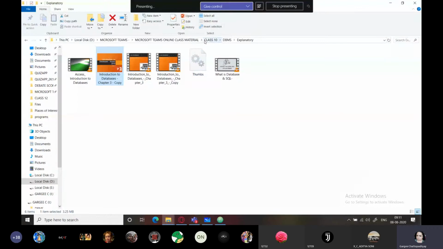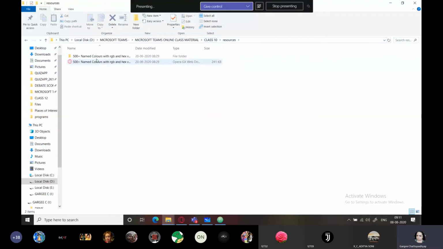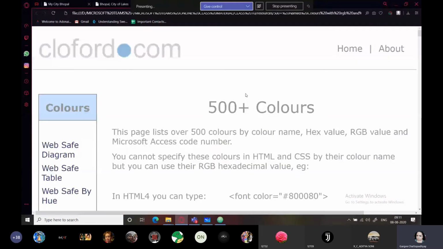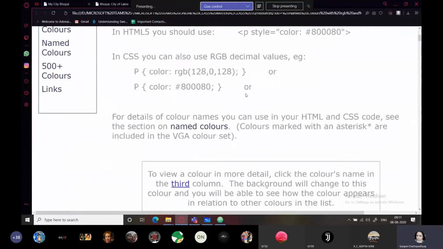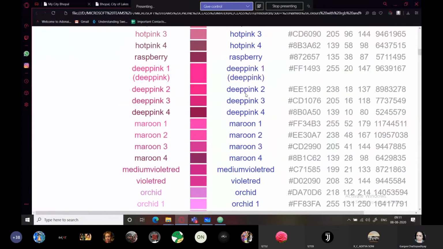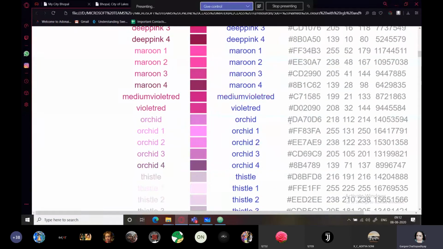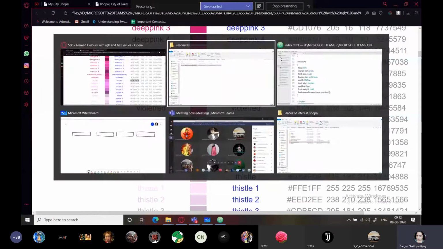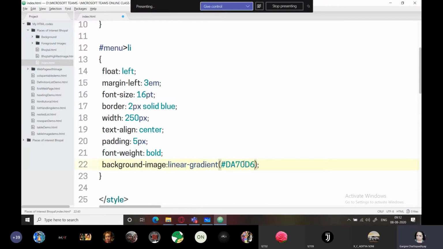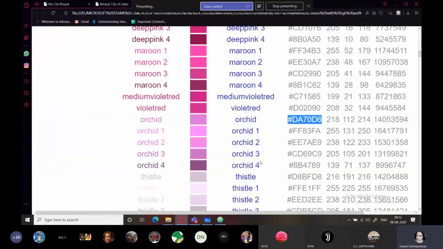I'm going to open the resources folder and the 500 plus named color codes, and let us choose some nice colors from here. Okay, I will choose orchid, the hexadecimal code for orchid, and this goes as my first color, then my second color as orchid 3.